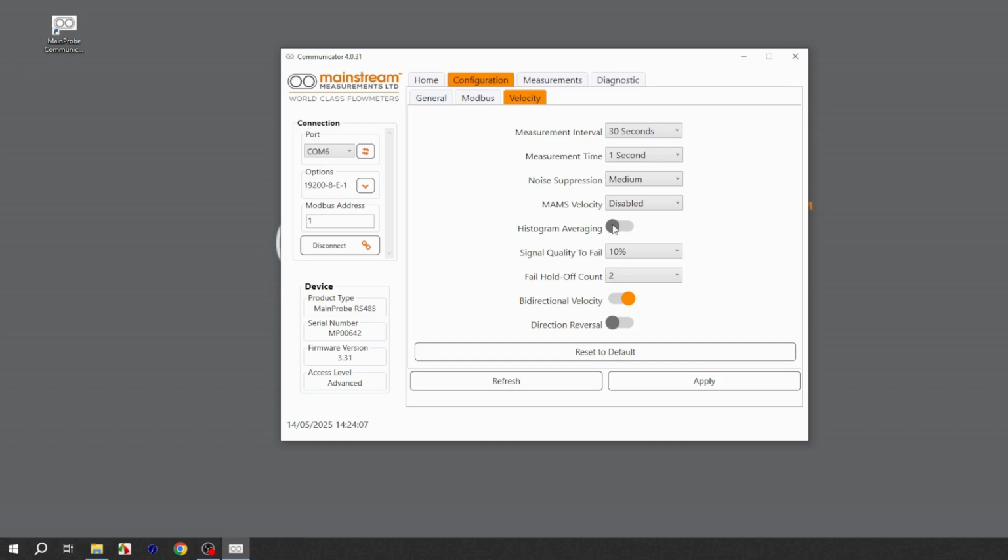This means that each velocity measurement is based only on information accumulated during the latest measurement interval. If it is enabled, part of the information for the previous measurement interval is retained and combined with the new information accumulated during the measurement period. This has the effect of smoothing changes in the measurement and can be used to improve the measurement repeatability whilst